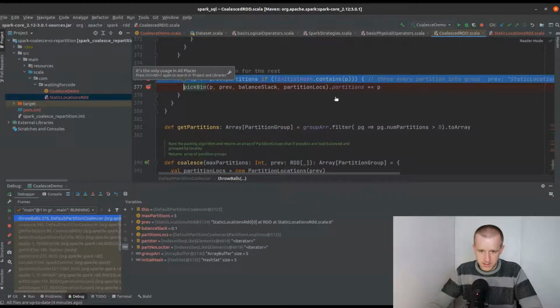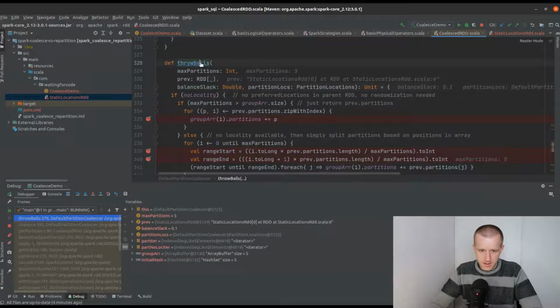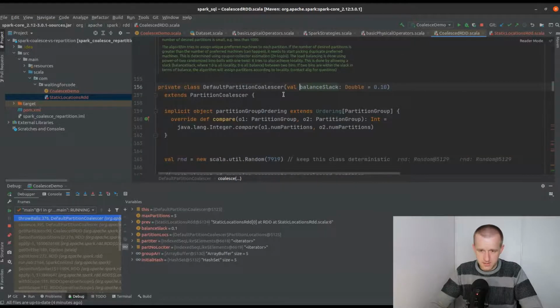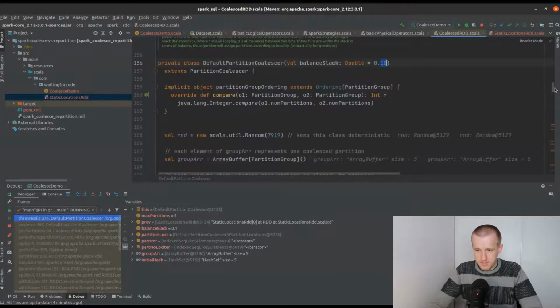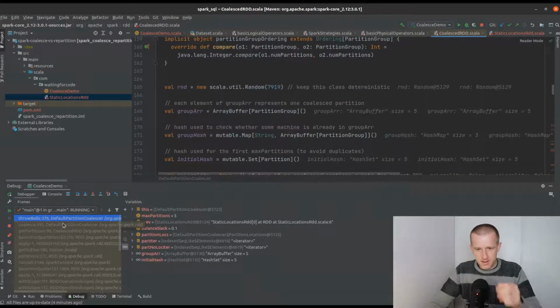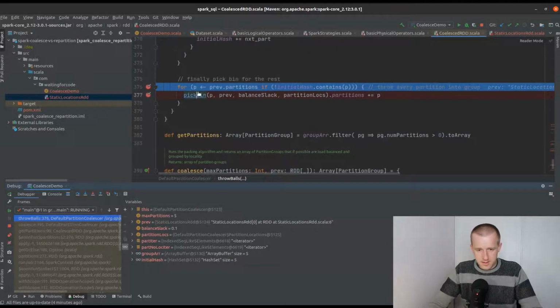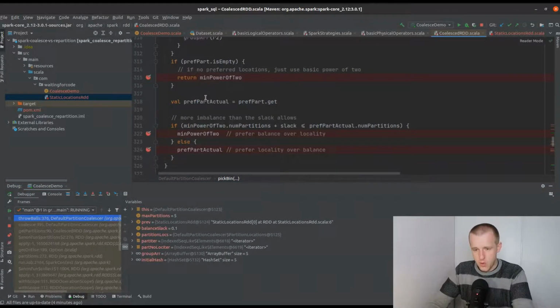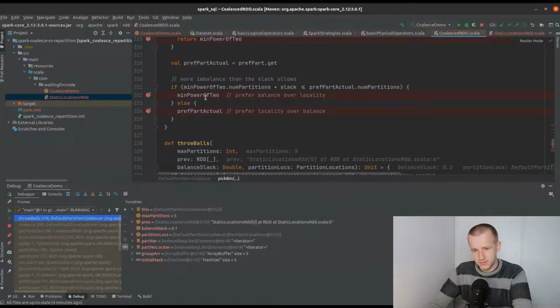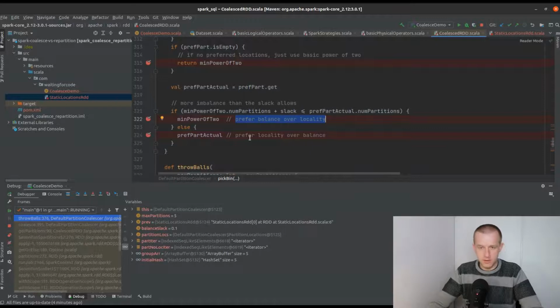I will show you that. As you can see, it's 10%. And if this number is lower than the number of partitions on the data locality Coalesce partition, it will choose the randomly chosen partition, to prefer, as you can see, the balance over locality, and otherwise it will go